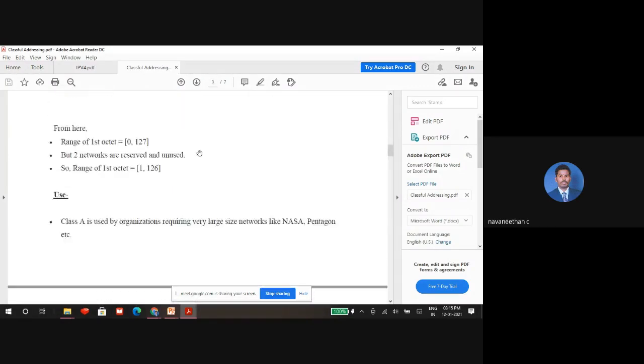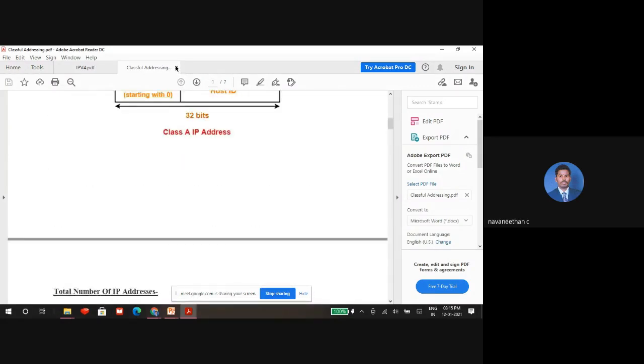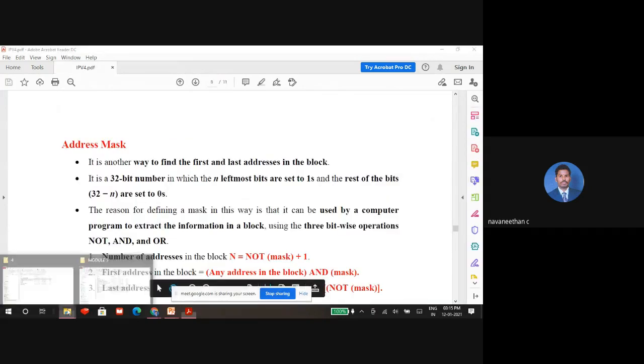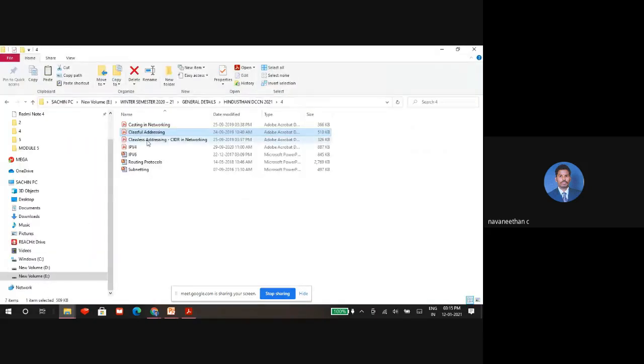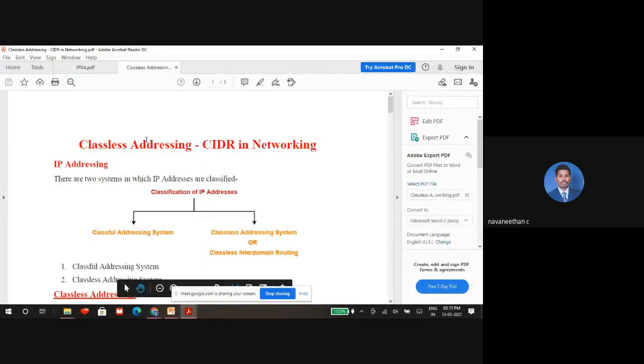So these are the things with respect to classful addressing. Next, the last one with respect to this module, I just want to illustrate the CIDR problem. With respect to CIDR, as I already said, there is a depletion problem here. That's why we prefer classless addressing. The objective is that most of the addresses in class A, class B, and class C have been wasted. I think you might have studied it. To overcome this, we go for this one.